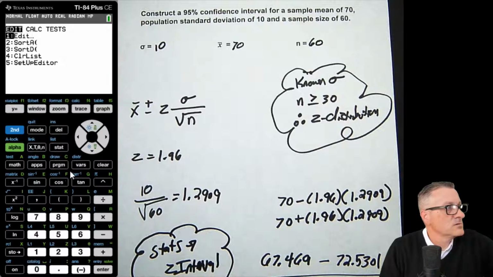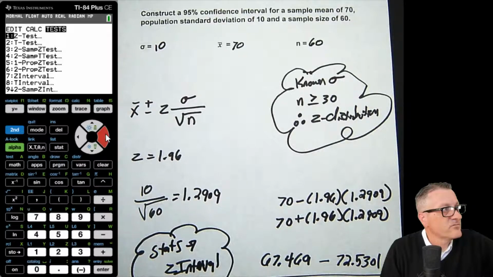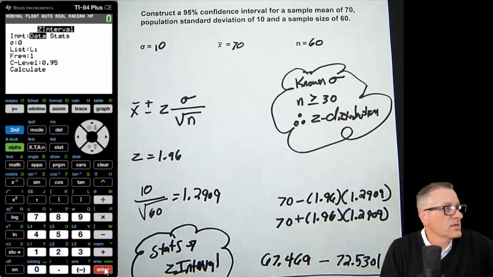We go to stat, quit, clear, and then go over to tests. We go down to Z interval, which is number 7, then we hit enter.